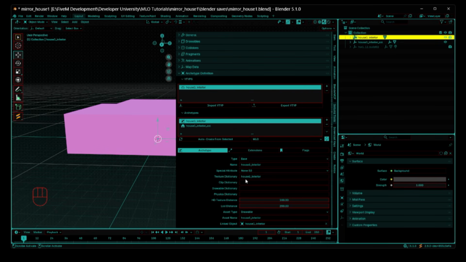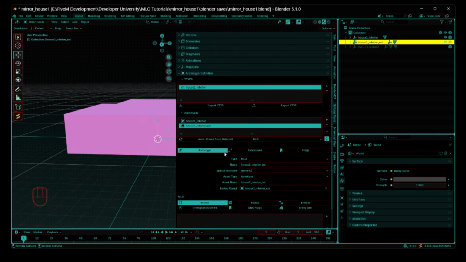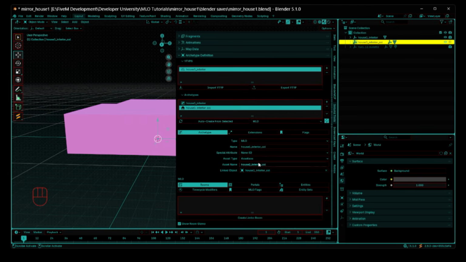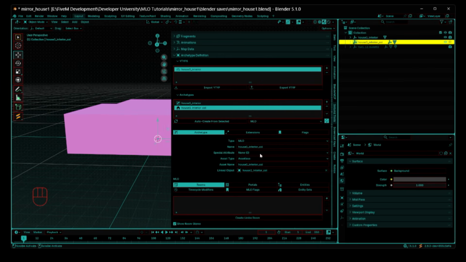You will know if your textures are embedded or not, because if they're not embedded, this wouldn't be here. But mine are embedded, so I know that they are good. Okay. So now we're gonna go to the fun part. What you guys need to pay attention on. So we're gonna make